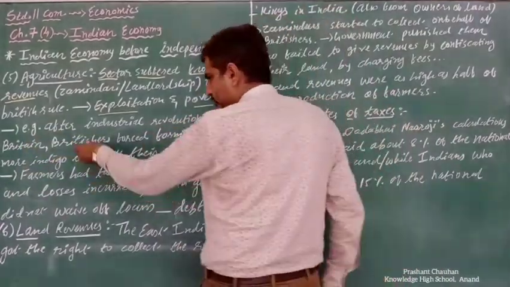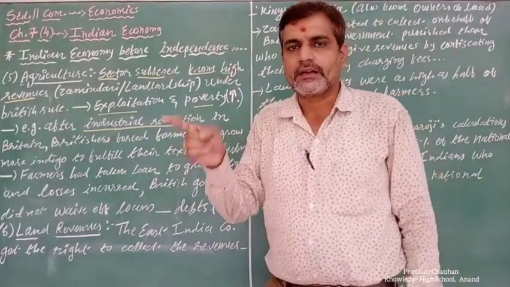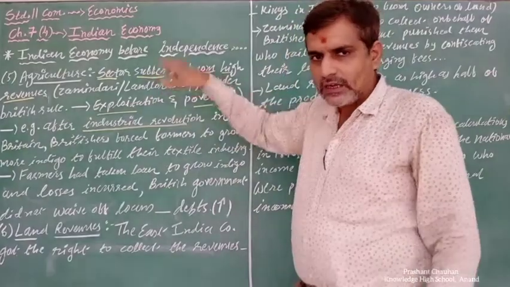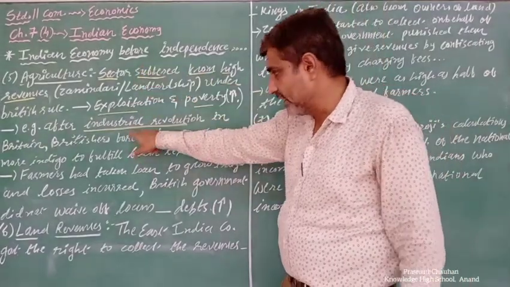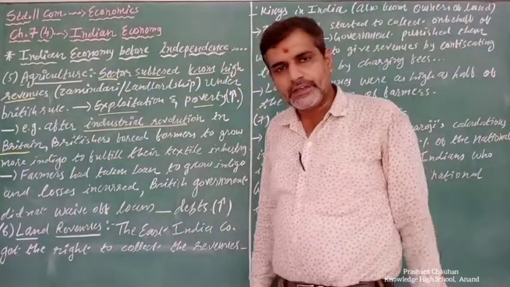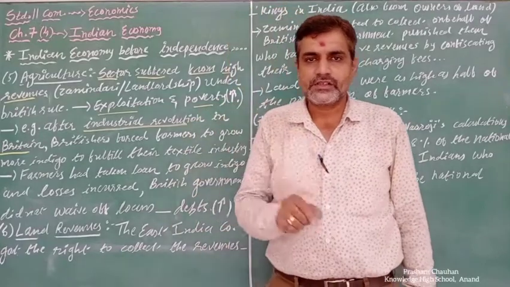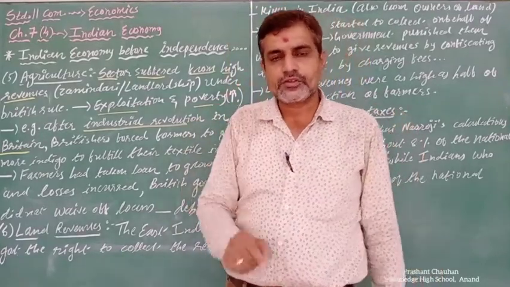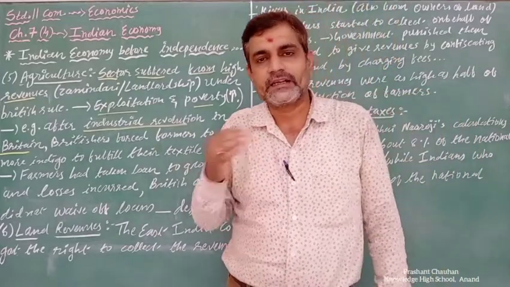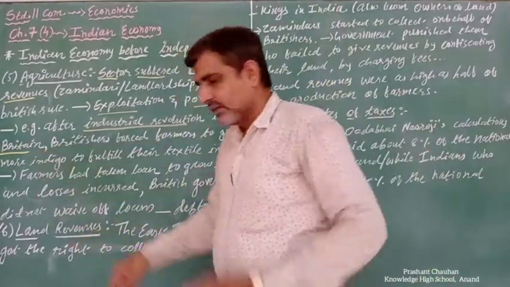You know that the industrial revolution in India started in 1950, that means in the time period after independence. Here all the information is about before independence. So here, the industrial revolution in Britain started in 1650. Right? In 1650 the industrial revolution was started. It is called Industrial Revolution in Hindi. They started at that time using different types of machinery and other things. So in Britain it was started.